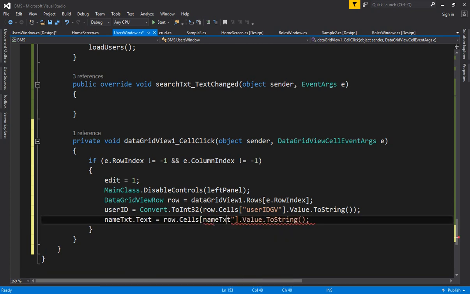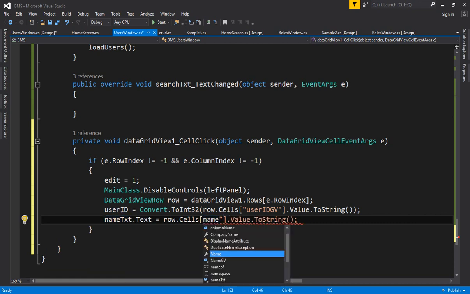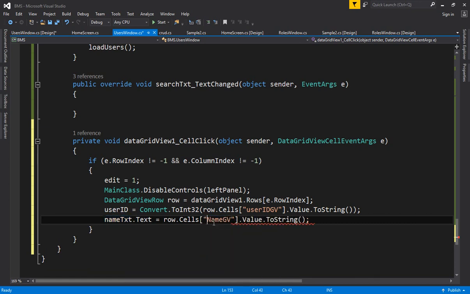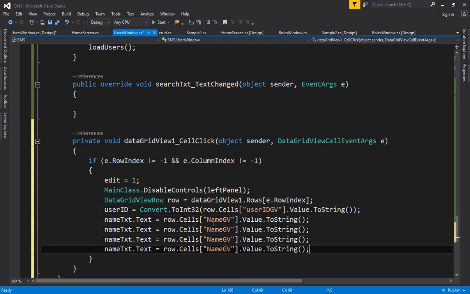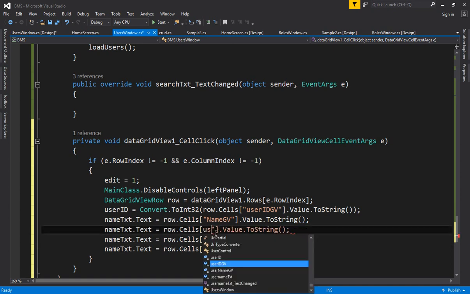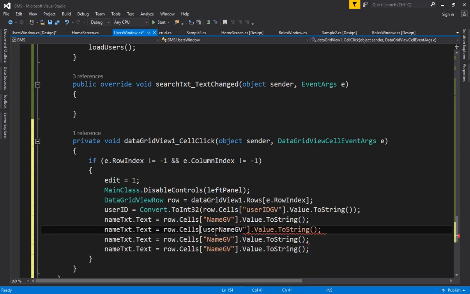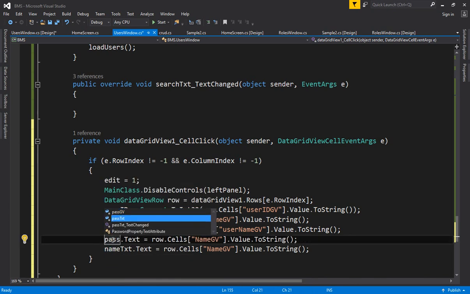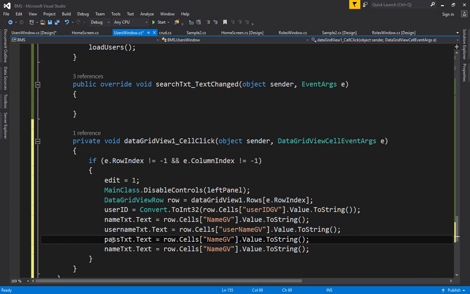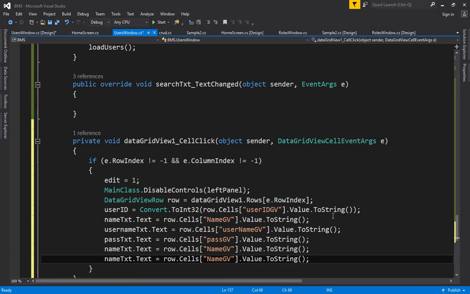Here order doesn't matter, no problem. Name GV, so the grid view column name should come here, and then copy, paste, paste, paste. Here you write username GV and close it, and right here username text, and then password text dot text is written already there, so you can select here password GV, and then you need phone number and address, so copy it and paste it, and one more time